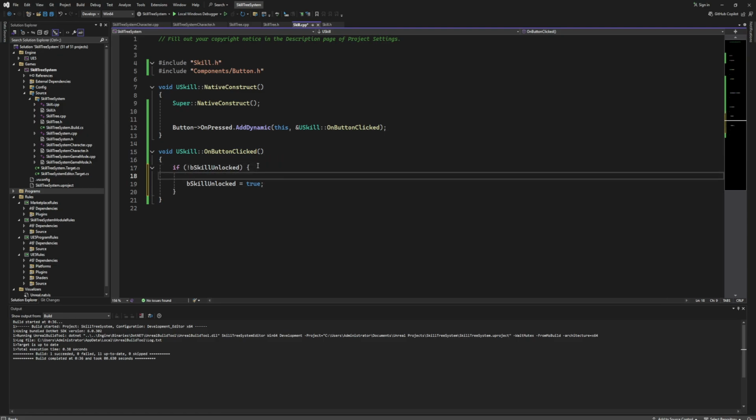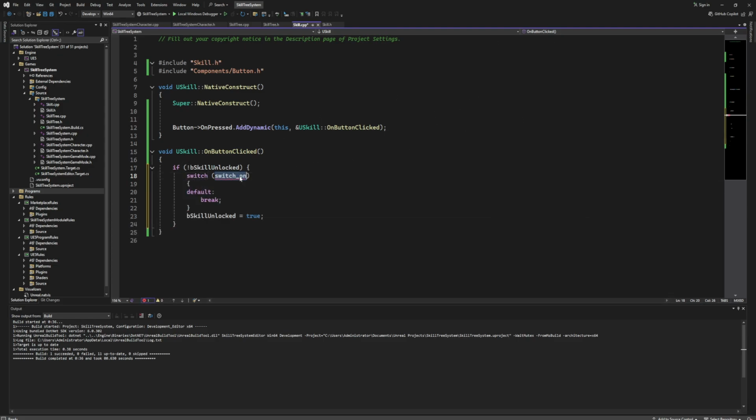So yeah, the one thing that we are going to do, we are going to check for the skill type that skill has. So how are we going to do that? We are going to use the switch. And that is the same thing as using the switch on case node inside the blueprints. So yeah, now I'm going to show you how to do that inside